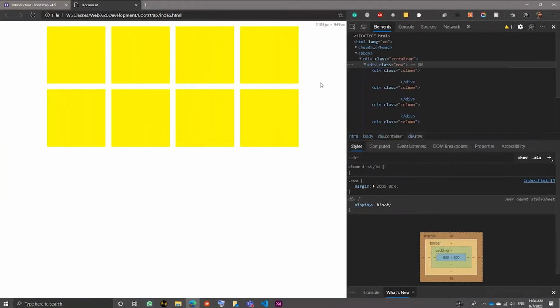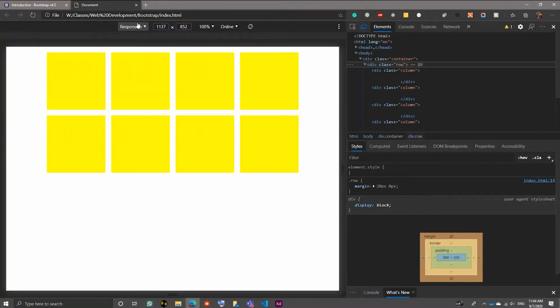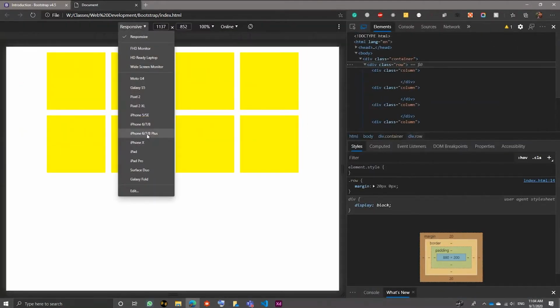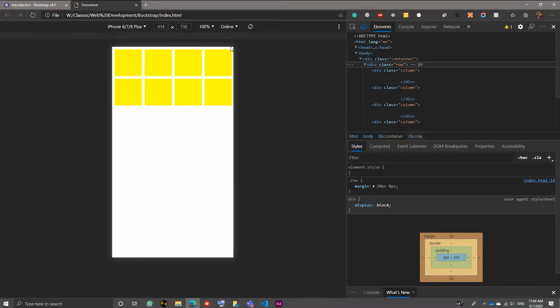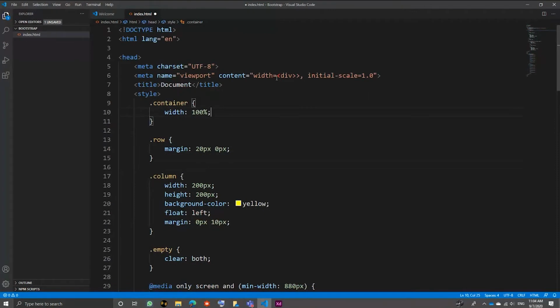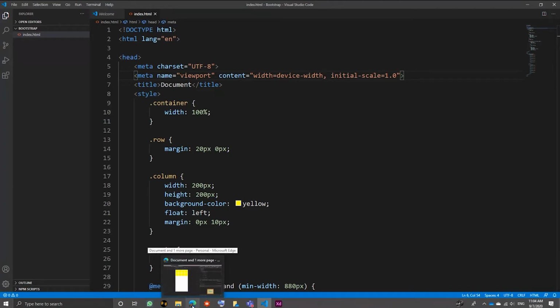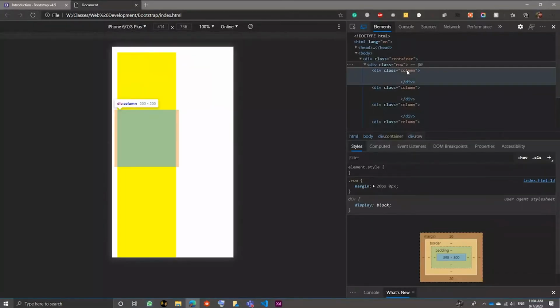Let's say an iPhone 6, 7 or 8 plus user visits our website. He's basically seeing a zoomed out version of our PC view because there is something wrong with our meta viewport tag. Sorry if you have noticed this before and were confused. I think I accidentally pasted my code with the cursor there, replacing the original meta viewport tag. So correcting that, my media query starts working fine and the container is now 100% instead of 880 pixels in